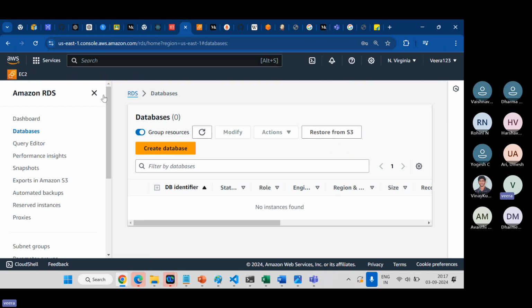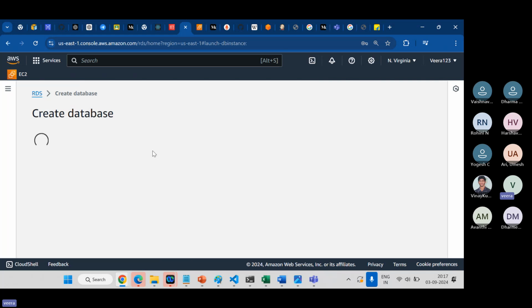Okay, so this is the dashboard of RDS, guys. Here the create database option is there. So if I go to the create database option,